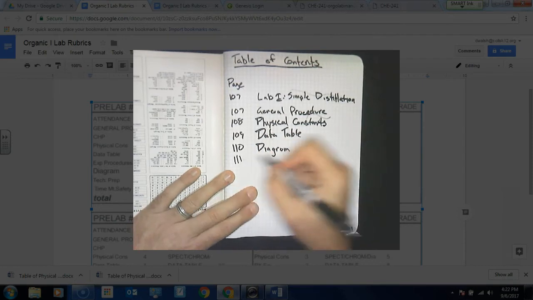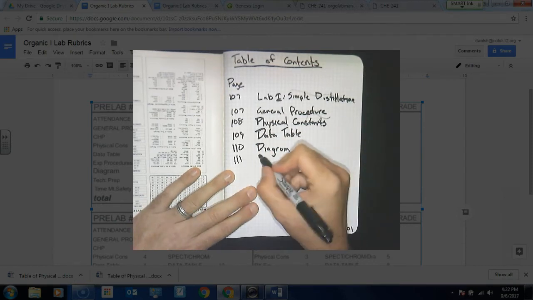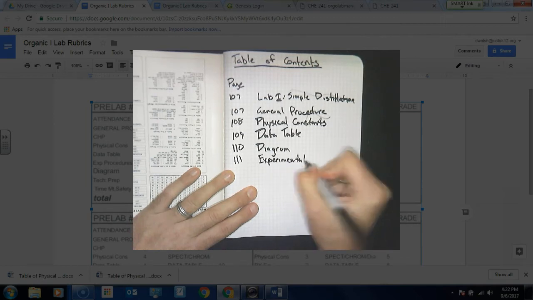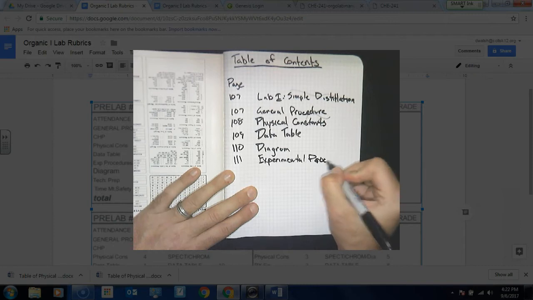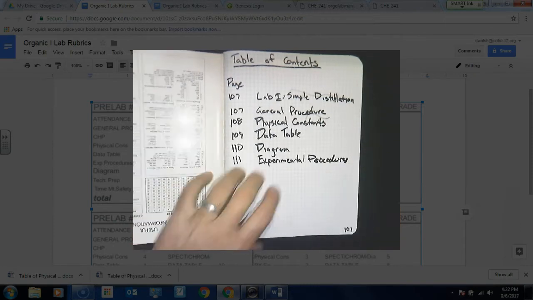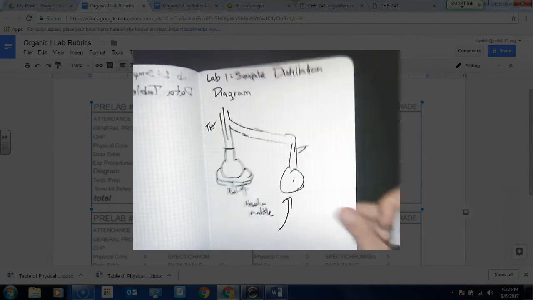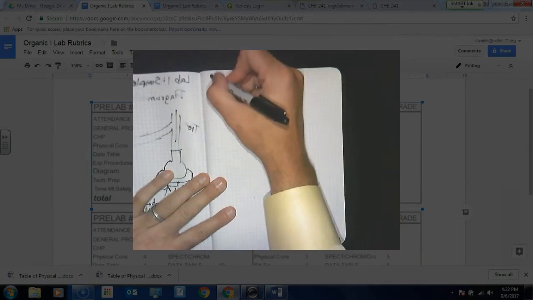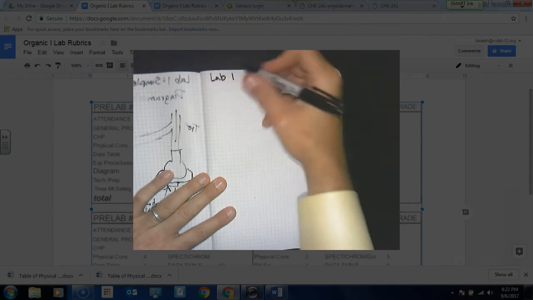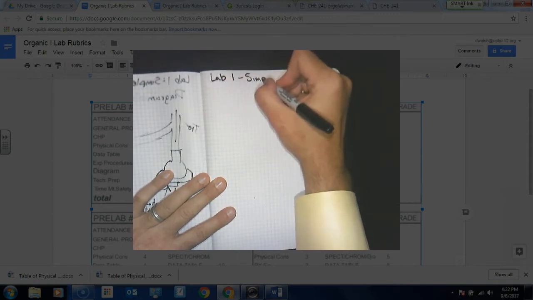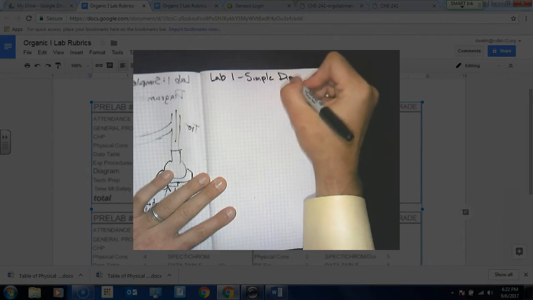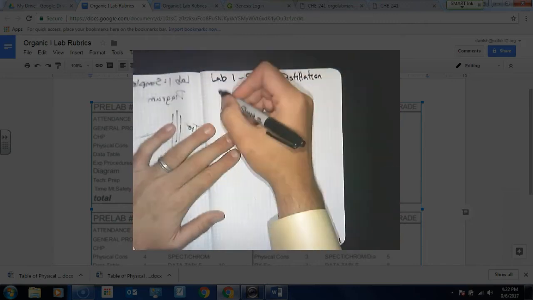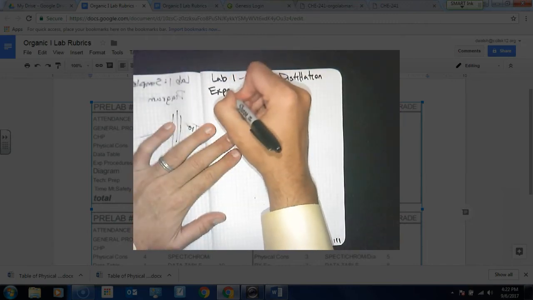Okay, so I'm going to do 111, and I'm going to say experimental procedures. Now I'm going to go over to page 111, obviously, and I'm going to do lab 1, simple distillation, and then it's going to be experimental